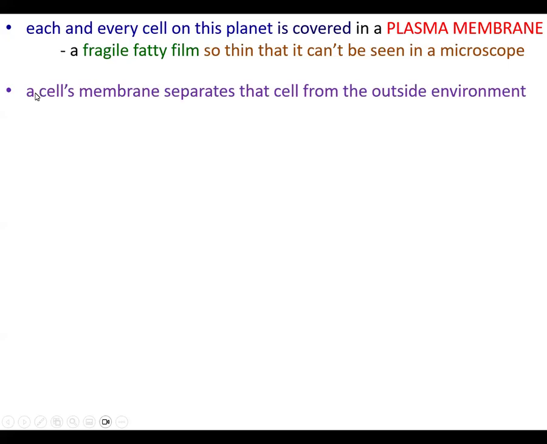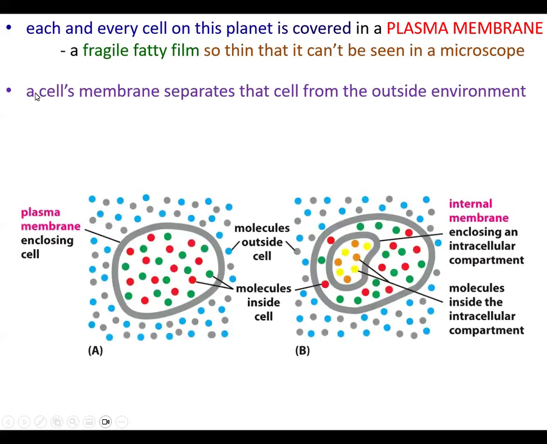A cell's membrane separates that cell from the outside world, so we've got the inside of the cell, all of the organelles if it's eukaryotic, and all the molecules, the proteins, the nucleic acids, etc. And then we have the external environment, the extracellular environment, which is markedly different. Of course, if we do have organelles, we have more membranes in the cell that are compartmentalizing those organelles, and the interior of the organelles are even different than the interior of the cell. But it's this demarcation, this boundary, this defining of in here being separate from out there